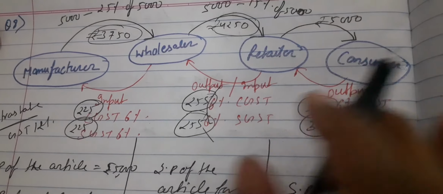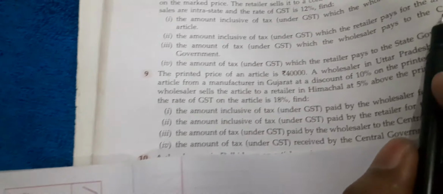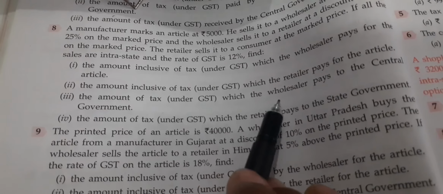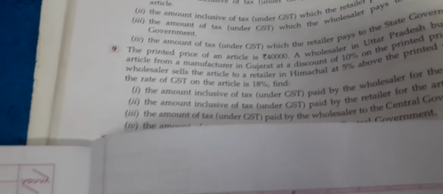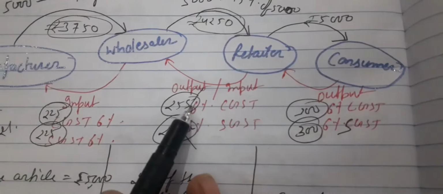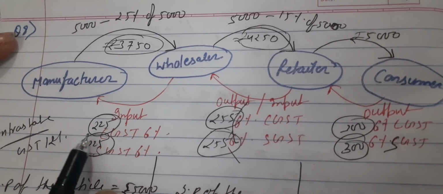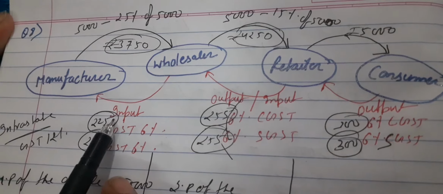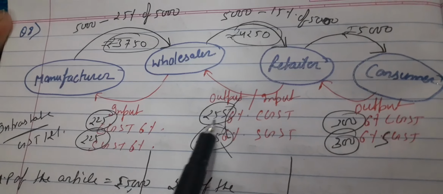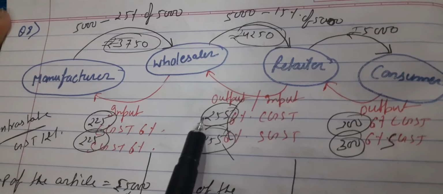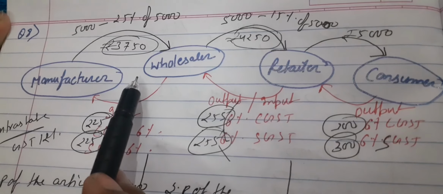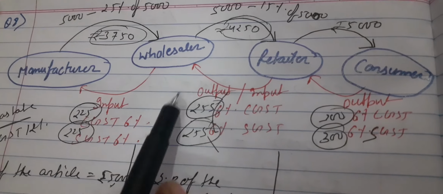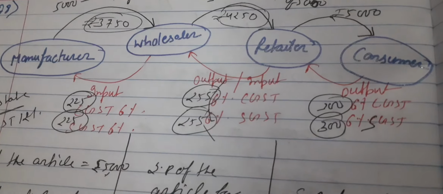The question is not about total GST, it is about the central government: GST paid by the wholesaler to the central government. So we are not going to add, we will subtract. The wholesaler collected 255 rupees from the retailer and he has paid 225 to the manufacturer. So what is his net tax, what he has paid on his 500 rupees profit? That was this minus this, so rupees 30 is his personal tax which he is paying, because the other amount he has collected from the retailer only. He paid 225, he collected from the retailer, and 30 rupees extra he is going to pay. So let's start.